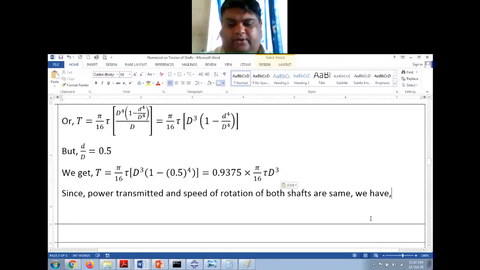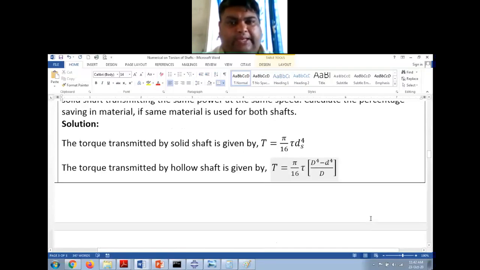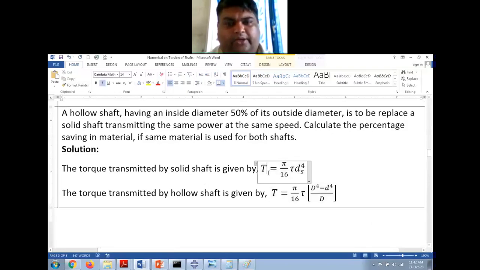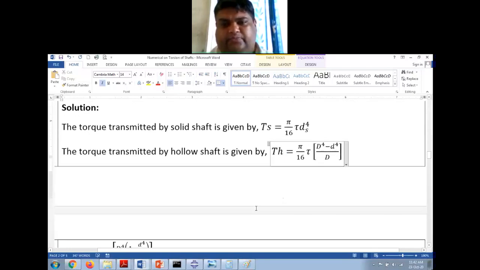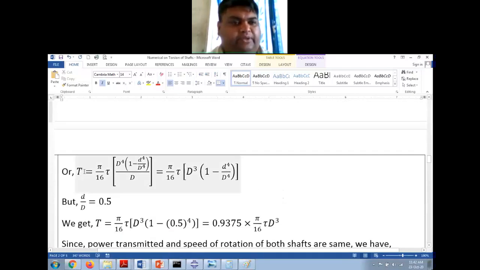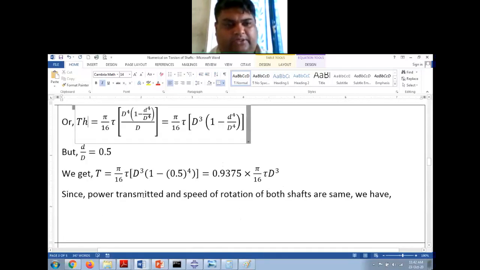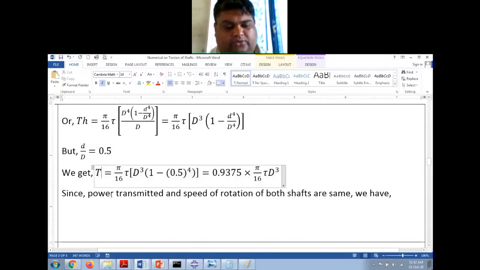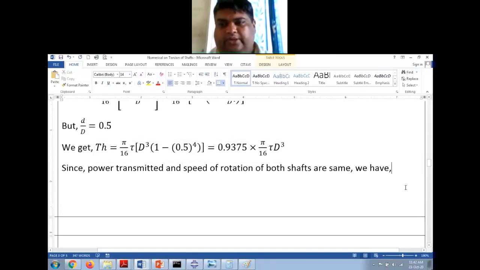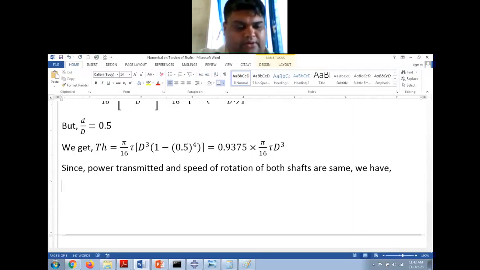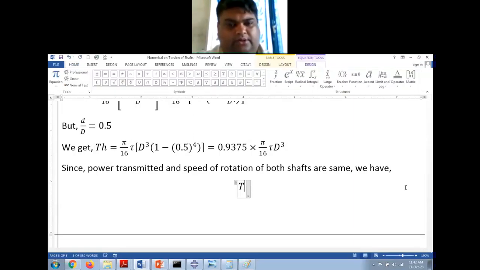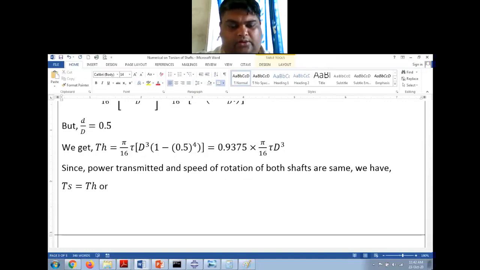We have, let me just call this torque as Ts and this as Th, just to differentiate, right? So this is Th and this is also Th. So we have Ps is equal to Ph, or